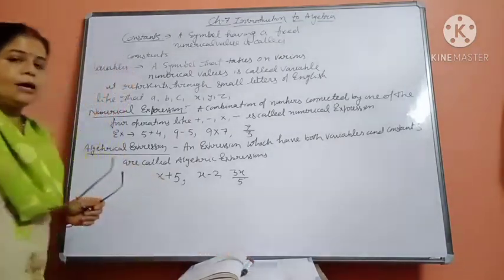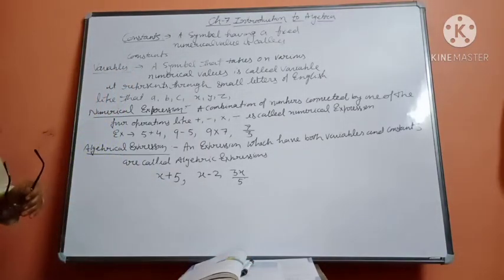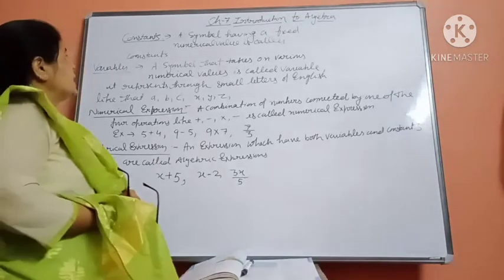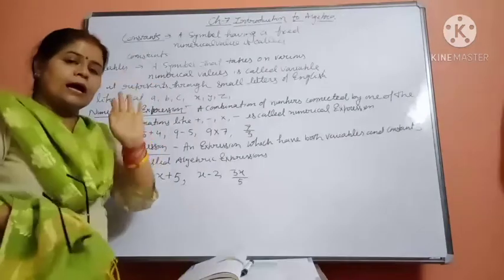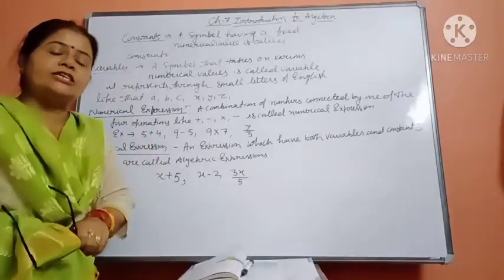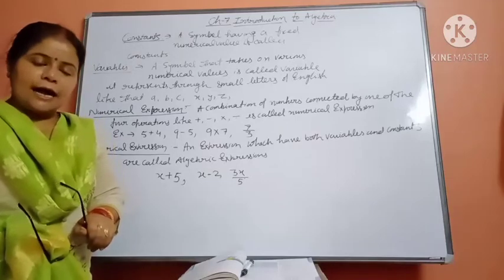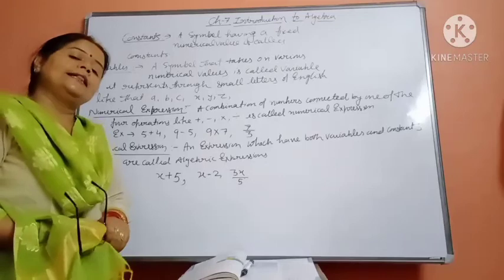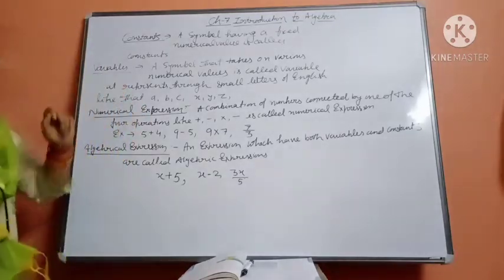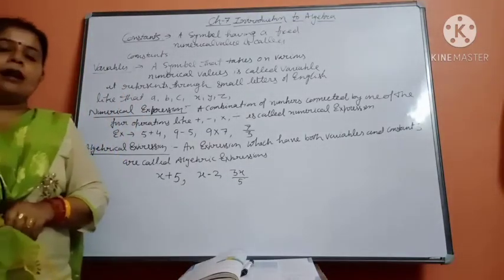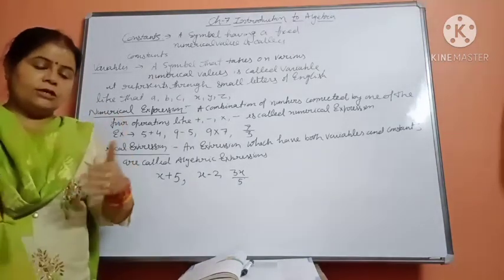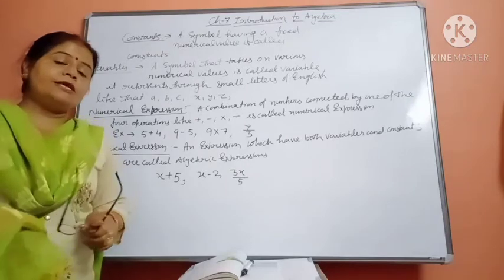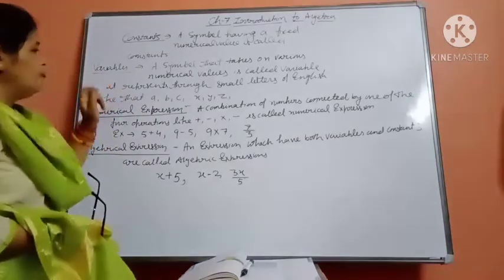Now maybe everybody has understood up to here. If you are clear in your concept, then only you can understand this topic. Again, see that beta, constant means a fixed value. It can be 3, 4, 5, 9, 7, 20, anything. Then variables. Variables are numbers whose value continuously changes, or whose value can be changed, is known as the variable.